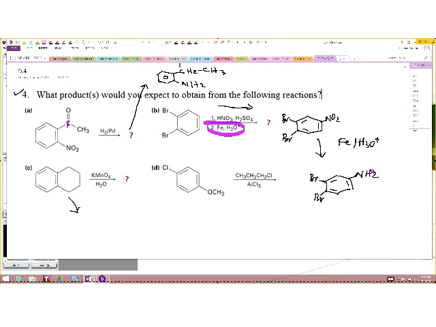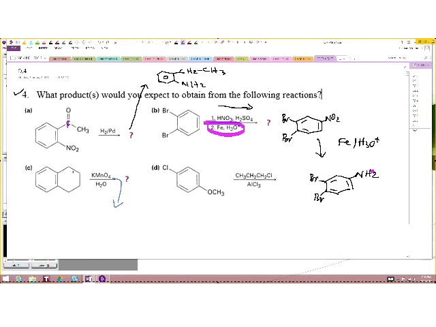What is the product here? What does this reagent do? Potassium permanganate. What does it do with an alkyl group attached to benzene? What does it do? Break everything down to carboxyl group. Okay, very good. So what this does is to oxidize